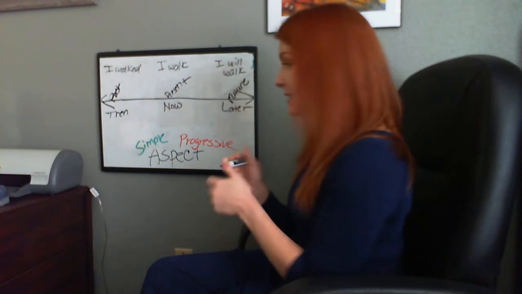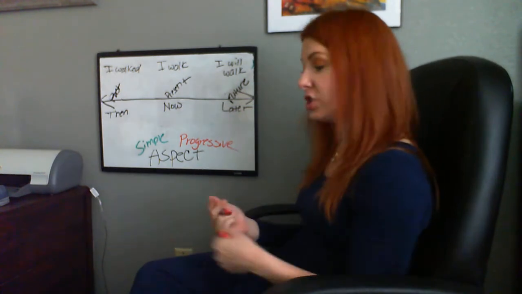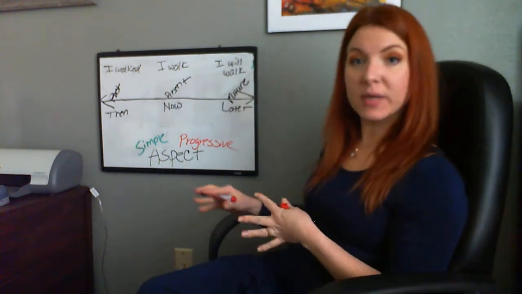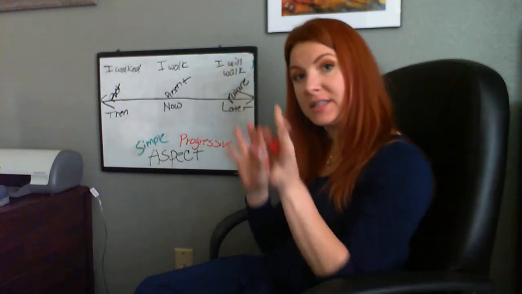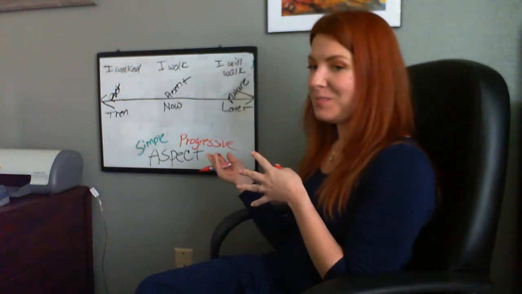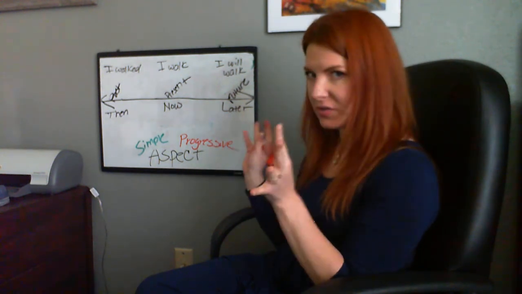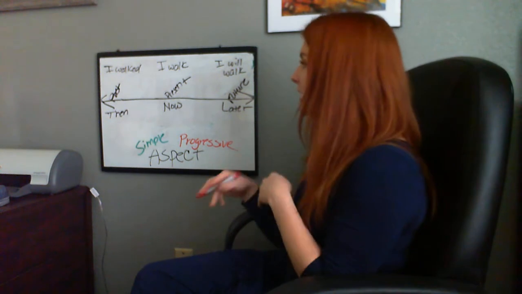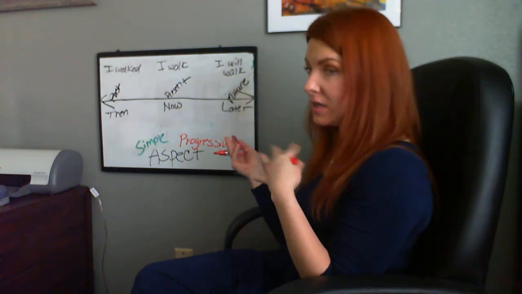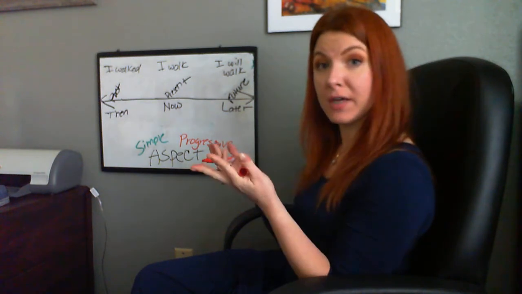Now we'll do the progressive. So the progressive aspect is what? It shows progression. It shows continuous, right? The action is continuous. It's ongoing. And so sometimes people will call it the continuous aspect, but most people call it progressive, so we're not going to confuse ourselves with a change of term now. So I think continuous is better fitting, but we're not going to worry about it. We're just going to worry about the progressive aspect, right?